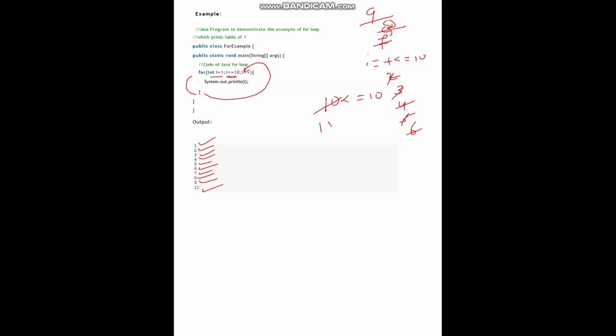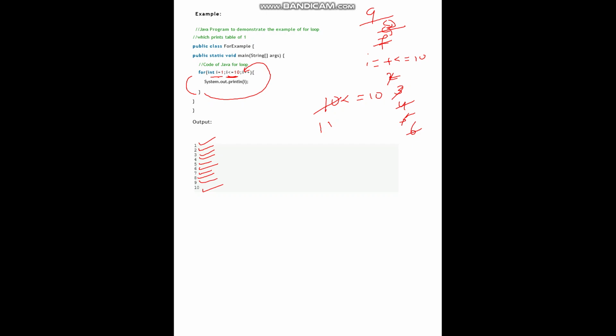Observe this one here. The starting i value is 1, and we have to go up to 10. How many times does the body execute here? Ten times. Here we clearly know how many times the body will be executed. Whenever we know the number of times the body is executed, then go with the for